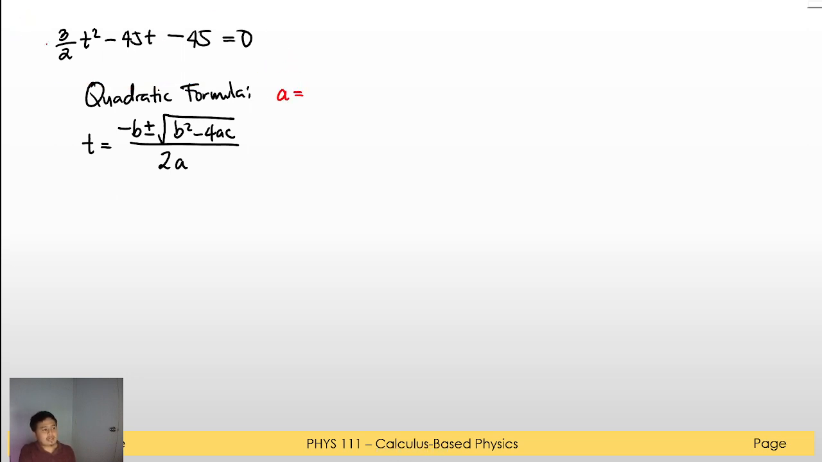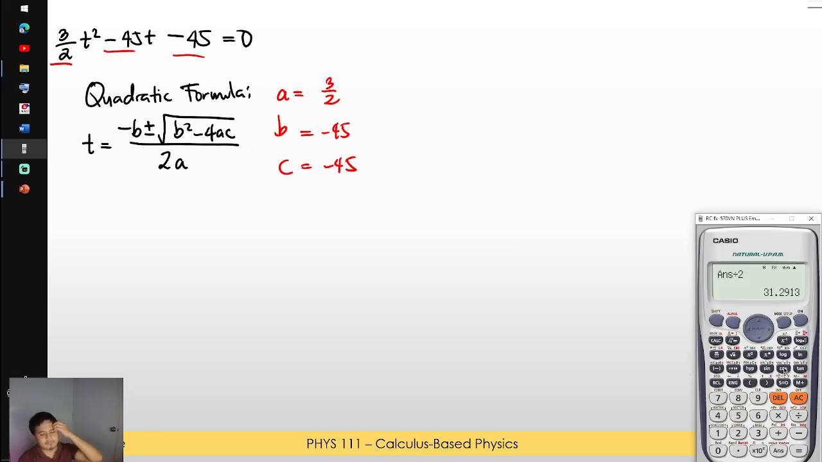Knowing that a here is equal to 3 halves, b here is equal to negative 45, and c is equal to negative 45. Using your calculator, there's a quick way to do this. You can use the equation function, mode 5 and 3, for ax squared plus bx plus c. So input here the values of a, b, and c. So we have 3 over 2, negative 45, and then another negative 45. So the answer should be